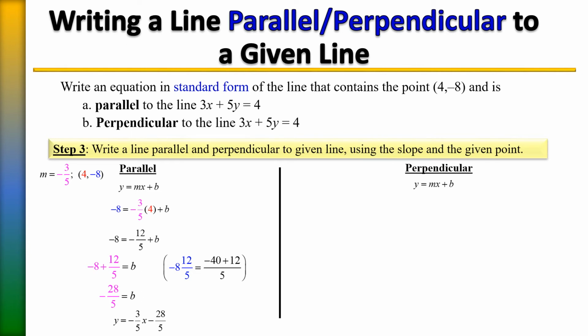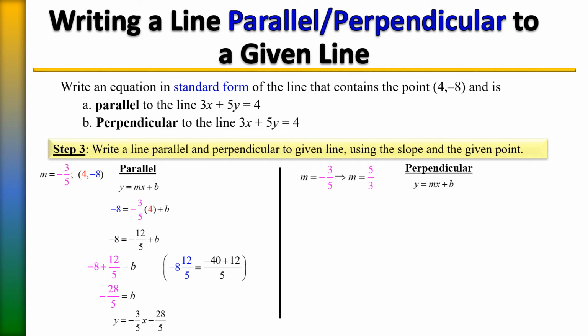So instead of negative 3/5, a perpendicular line would have a positive slope and not a negative. And then we'll flip our fraction, so instead of 3/5, it's going to be 5/3. So a perpendicular slope would be 5/3, and we'll still have the same